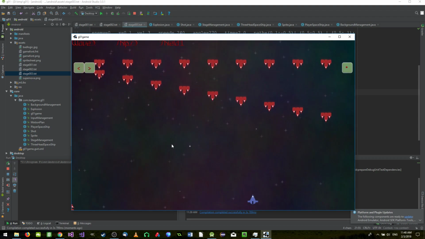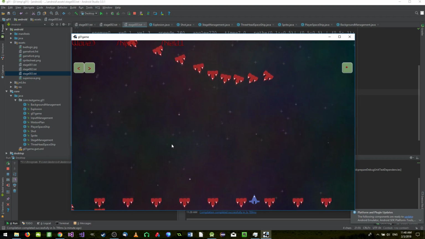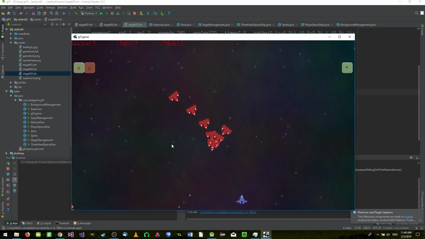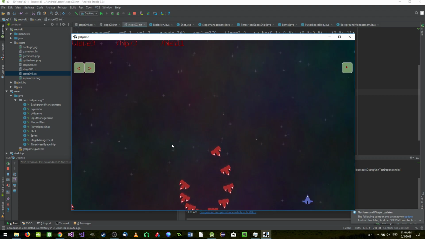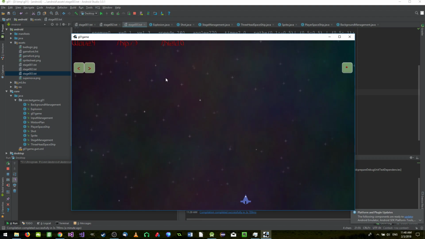Oh, so I have one shield. Okay, so you can see now we have these two guys, and now you can see these guys are moving in this formation. Okay, so when I get hit, now the enemies are being destroyed, but my spaceship needs to